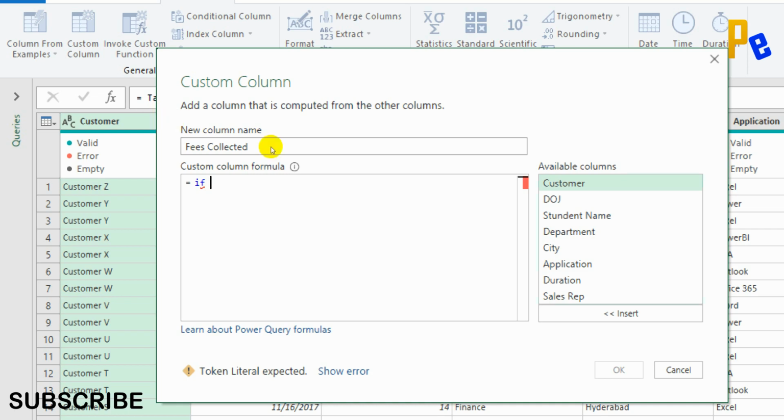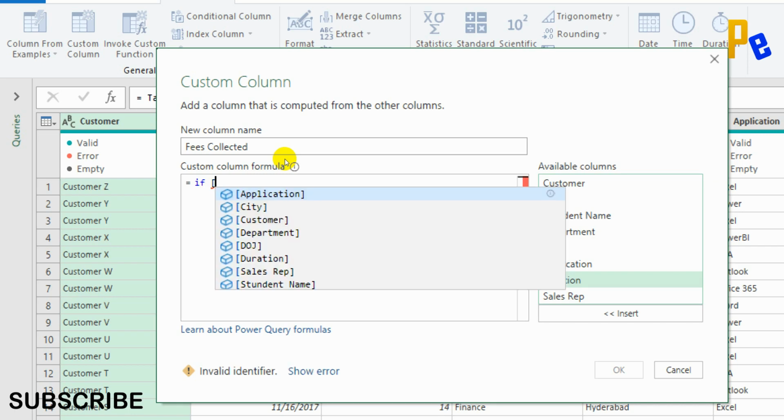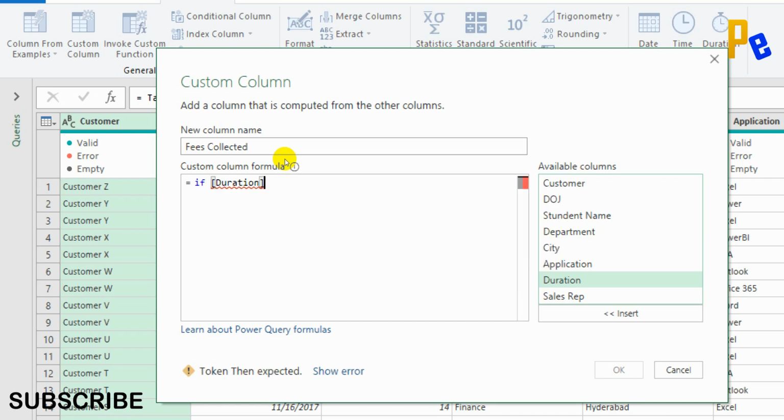For that, either I can select this and double click. The duration is the column which I need to take into consideration for my calculations. Otherwise, just add a square bracket so that IntelliSense can show me the list of all the items. So let me go to duration and press tab, and then less than or equal to 15, then 15,000. This line will decide that for any row where the duration is less than or equal to 15, the revenue will be inserted as 15,000.